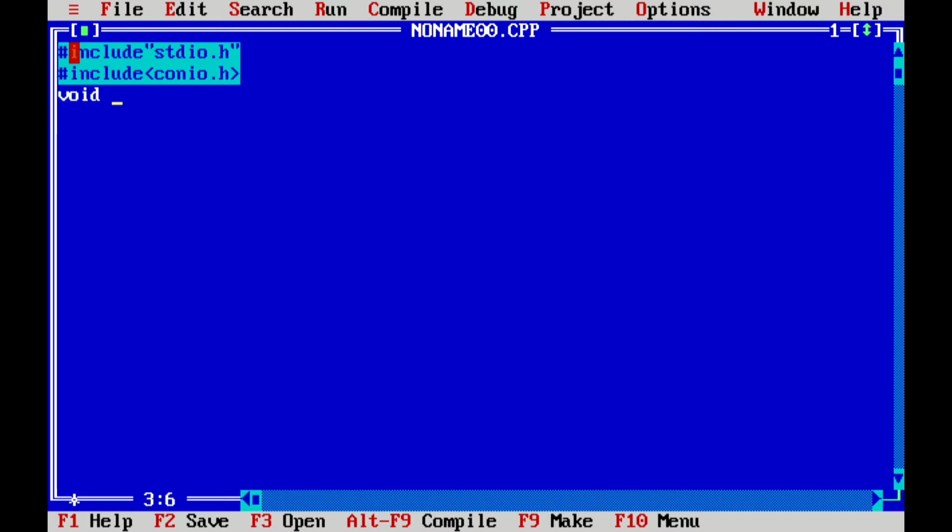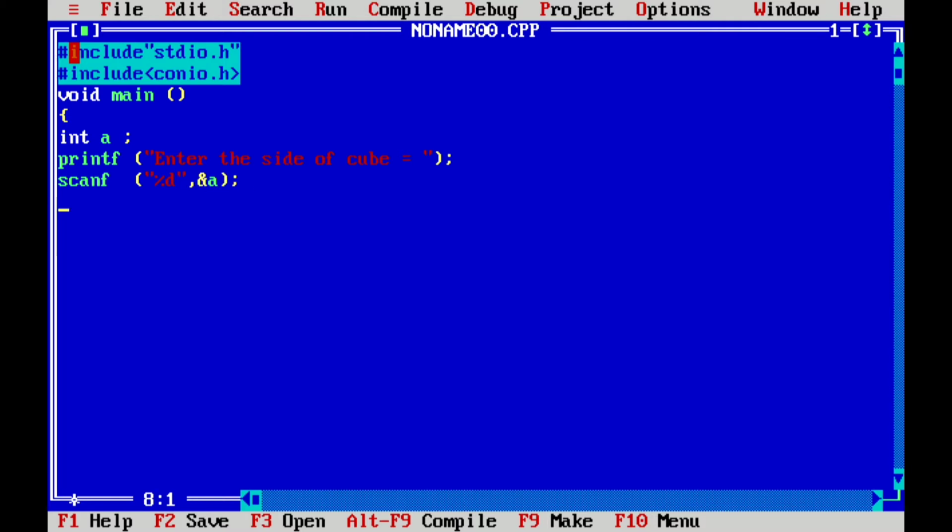void main(), and then we'll start the program with a curly bracket. We will take an integer a, then we'll ask the user to enter the side of the cube for which he or she wants to find the total surface area. Now we will scan for the value the user enters. So we are scanning here for an integer type value, and we'll assign the value to a, the integer we have taken.